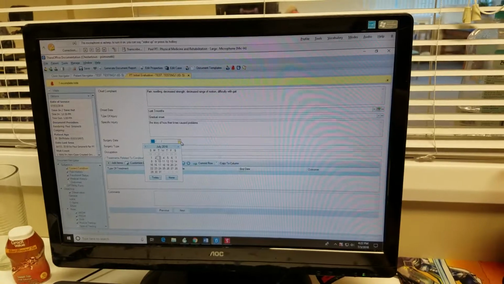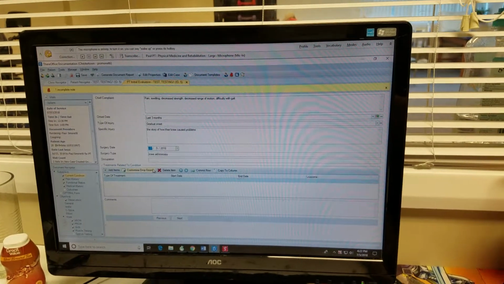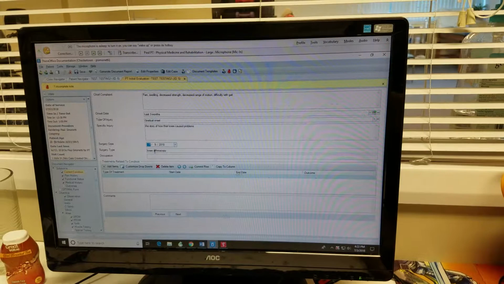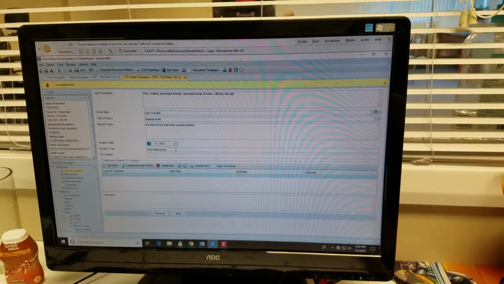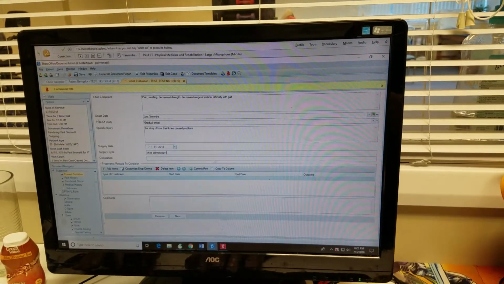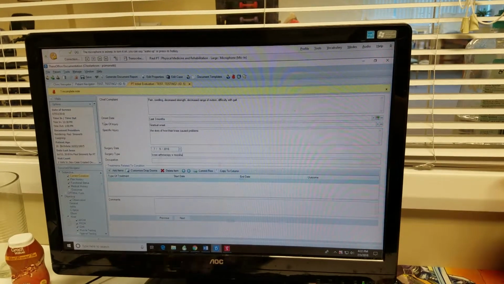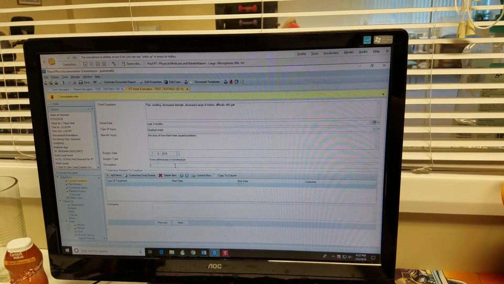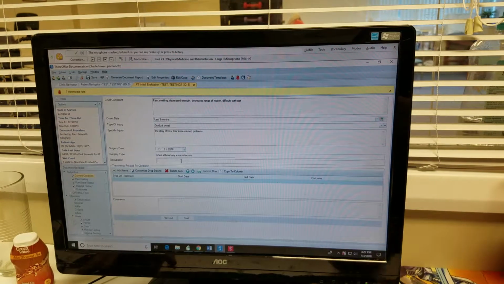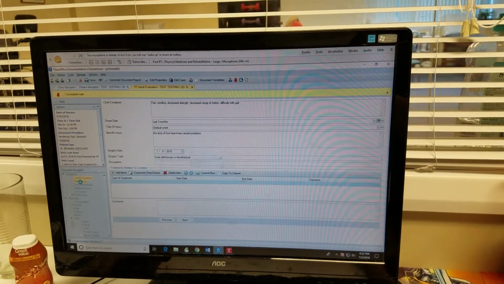Surgery date, that will be July 9th, because that's the day he's operating on everybody. Surgery type pre-populated as arthroscopy. If you have to add with microfracture, then you do so. Occupation, you can put that in there. Pain history,